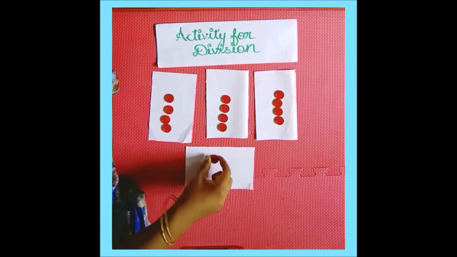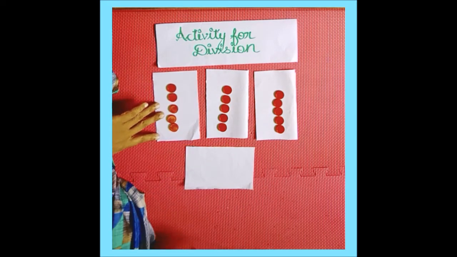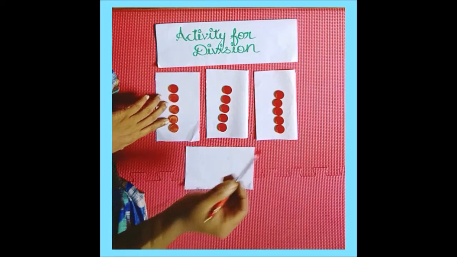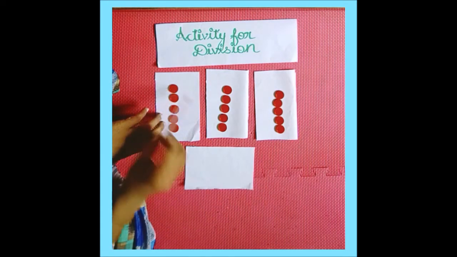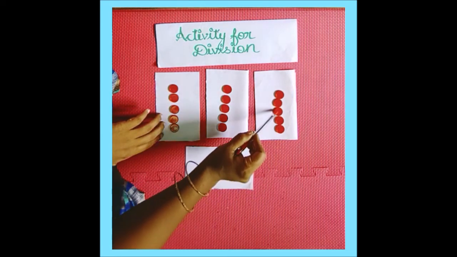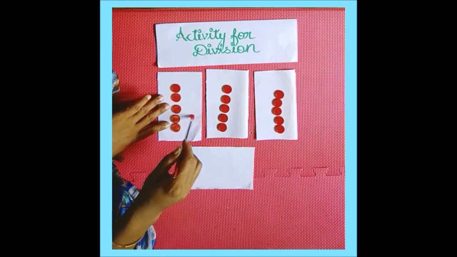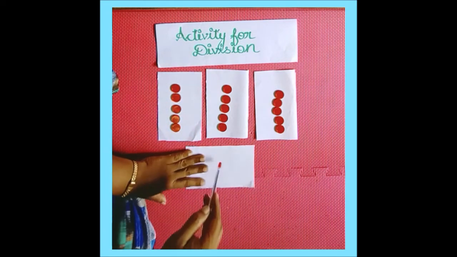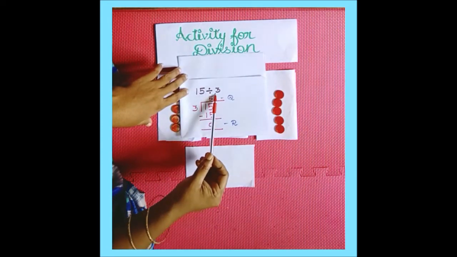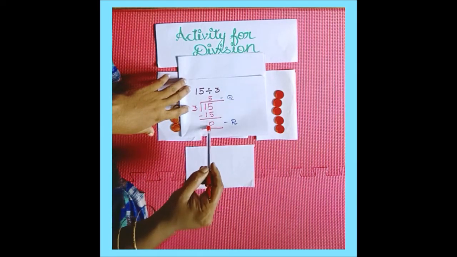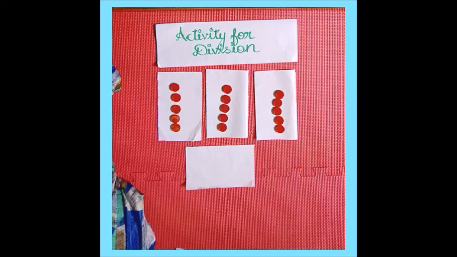Coins in each part give the value of the quotient. Let us count the quotient. Before that you have to check that each part must contain the same number of coins. 1, 2, 3, 4, 5. 1, 2, 3, 4, 5. 1, 2, 3, 4, 5. Thus each part contains the same number of coins, and the number of coins is 5. So our quotient is 5 and there is no remaining coins. So our remainder is 0. Once again, see this example, 15 divided by 3. Our quotient is 5, remainder is 0. So by this activity also, our quotient is 5, remainder is 0.